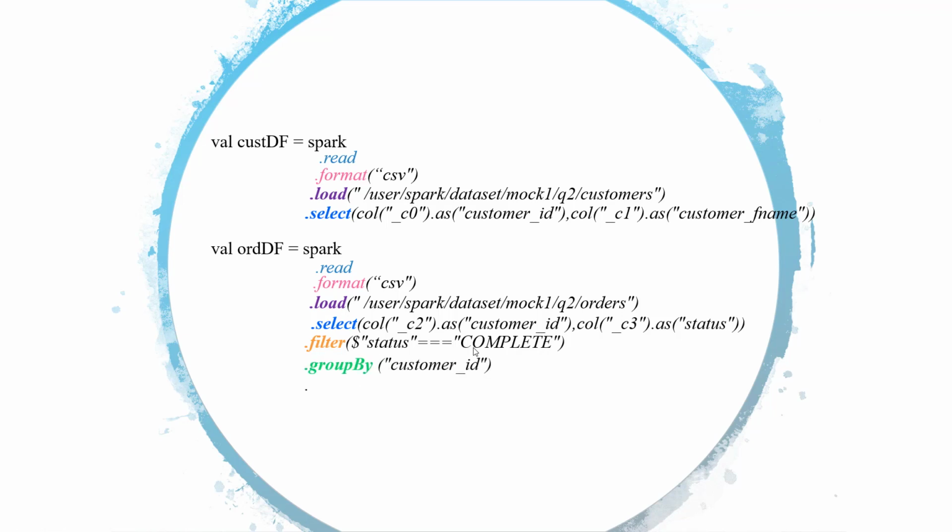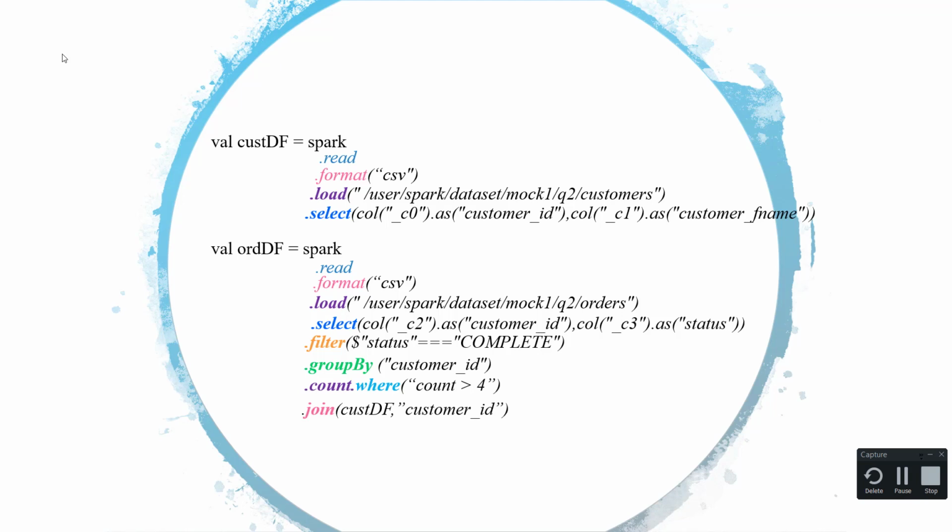In the next step, we have to find out the customers who have placed more than 4 orders. So here I am grouping the data first of all on the customer ID, and once I have grouped the data based on the customer ID, I'm going to use the count operation, so I get the total number of orders that is placed by each customer. And then finally I am applying the where clause here because I just wanted to keep only those customers who have placed more than 4 orders.